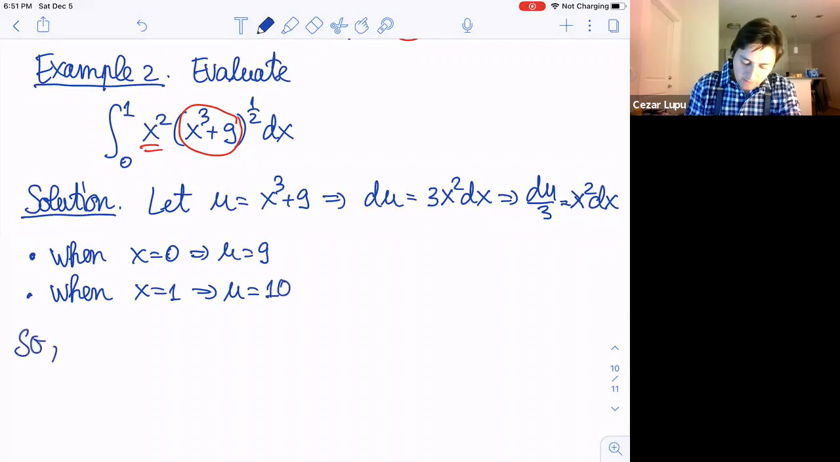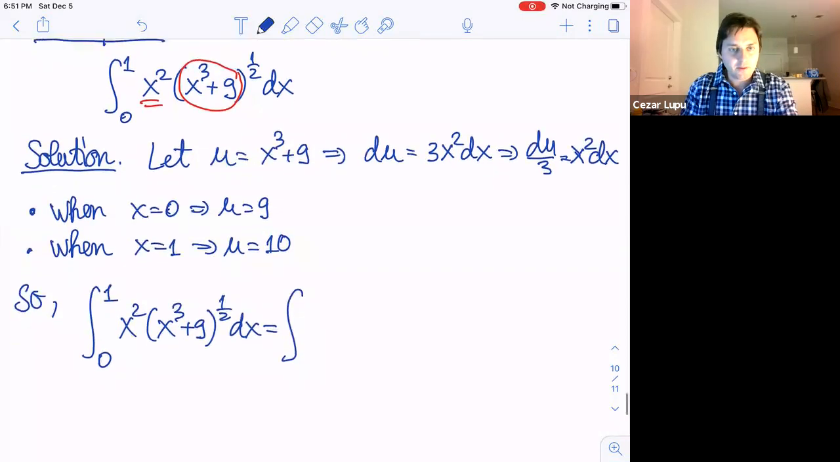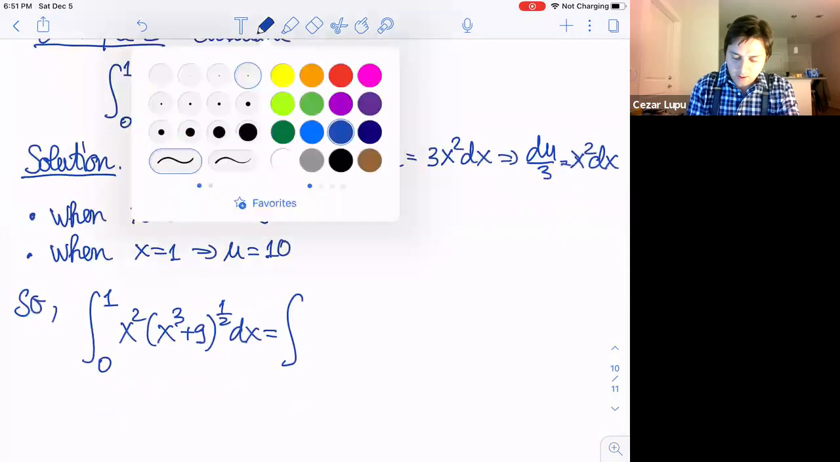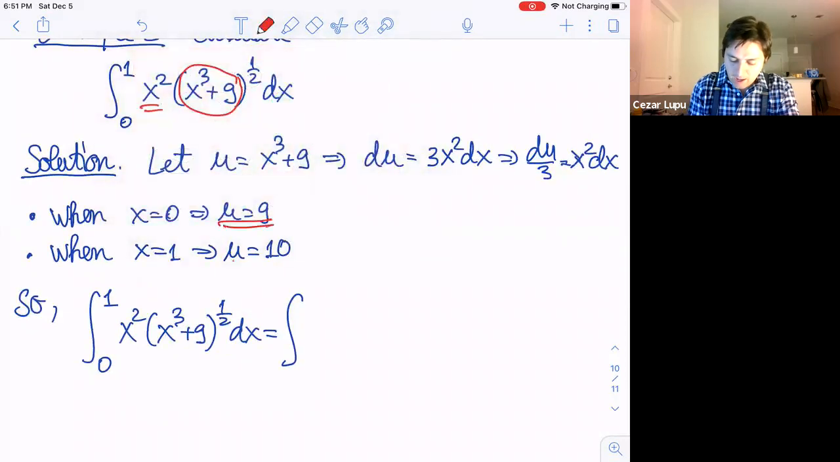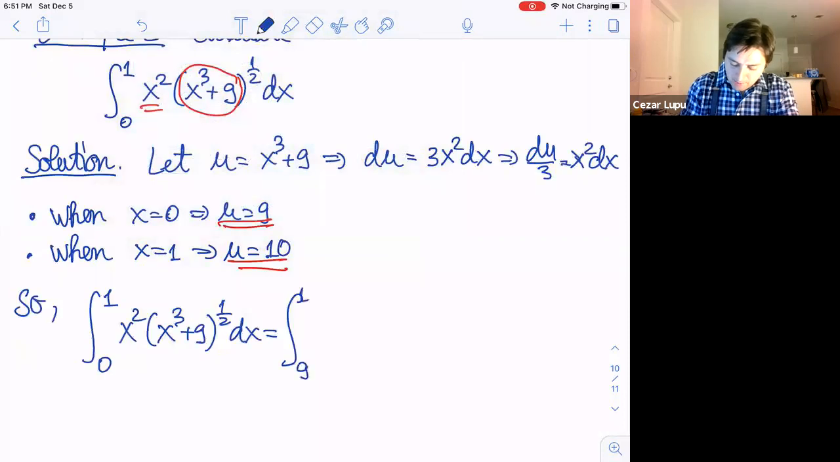So our integral will become the following. The integral from 0 to 1 of x squared times (x cubed plus 9) to the power 1/2 dx. Then now we're going to change the limits of the integral. So pay attention. Now the limits will become 9 and 10. So this would be the integral from 9 to 10 of